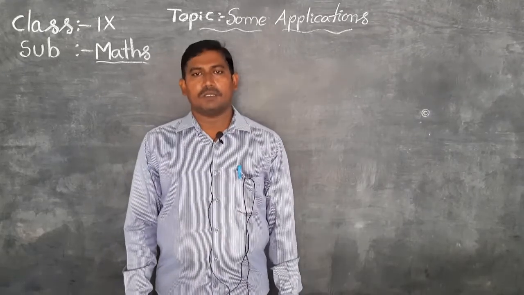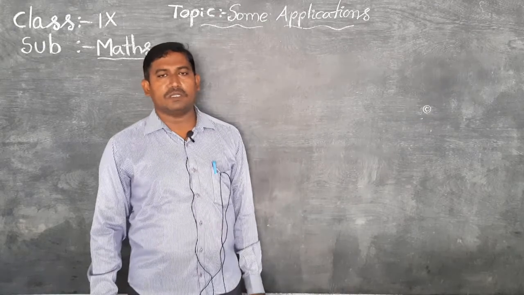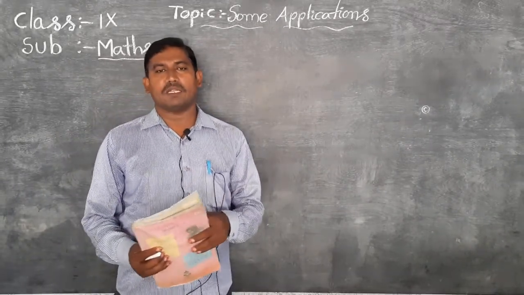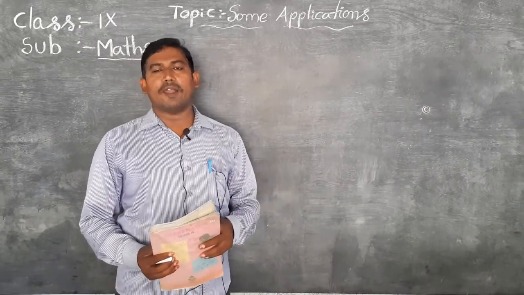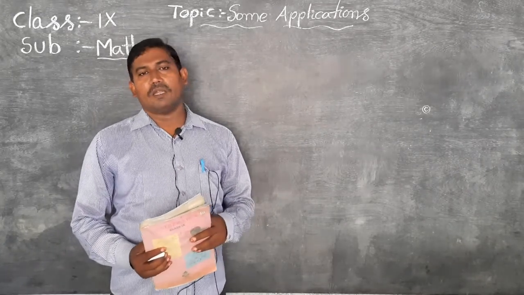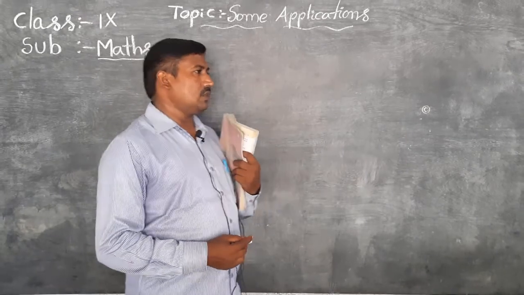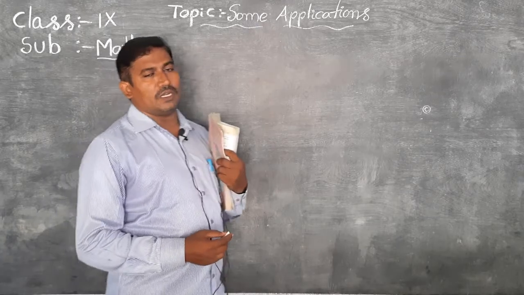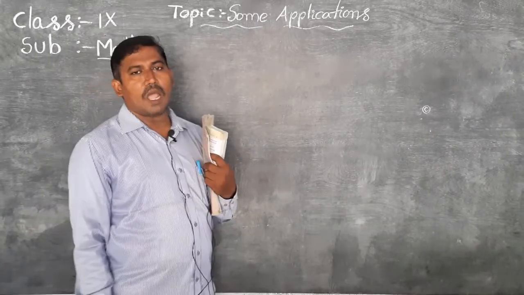Good morning, students. We started next to geometry, the third chapter. In this chapter, we already discussed one-dimensional figures, two-dimensional figures, three-dimensional figures, and also zero-dimensional figures. After that, the first class was completed. After the second chapter, we discussed the postulates, Euclid's five postulates. Today we will discuss some applications.